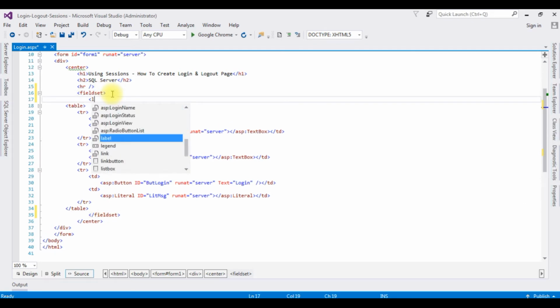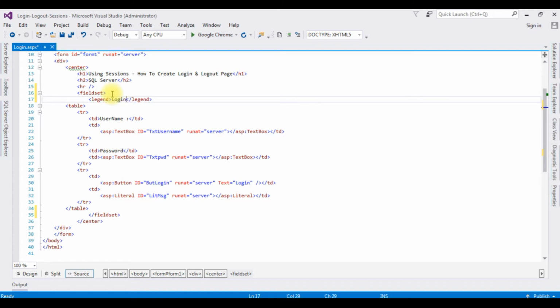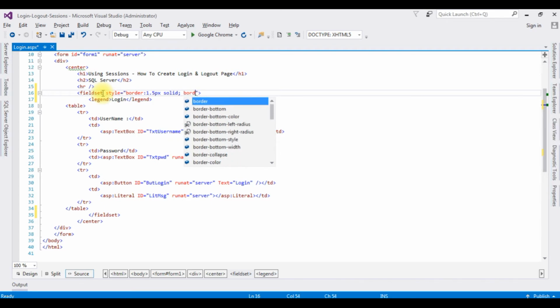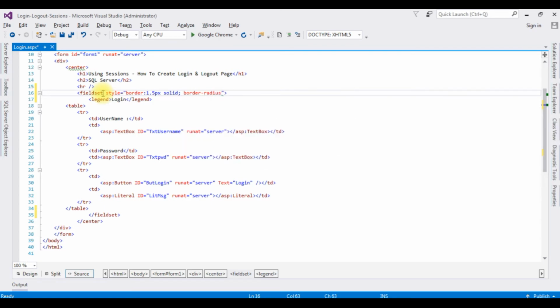I'm adding the legend tag, login. After adding the legend tag login, I'm adding styles to this field set. Style equals border 1.5 pixel solid. I want to add some style to the table with some rounded corners. Border radius 35 pixels,